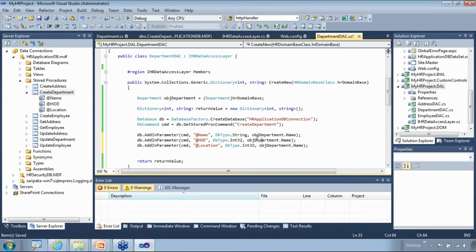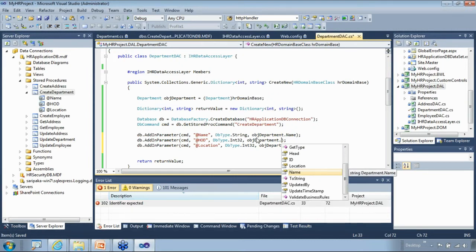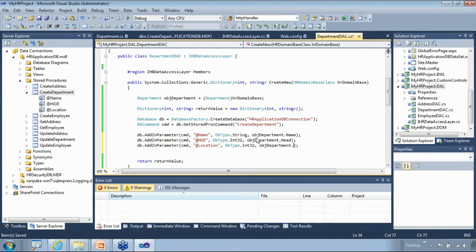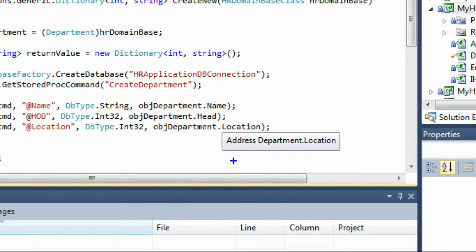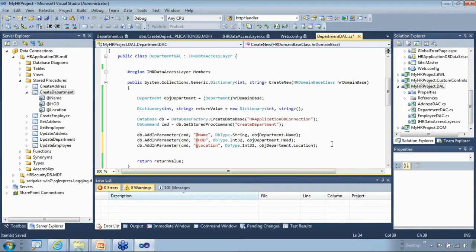So there are a couple of things that you need to definitely consider with respect to data type, otherwise once the database call is made, it's going to fail. And in my case, it's a head for HOD, and this is a location. Again, location is one specific thing here. As part of a domain object model, my location is actually of type address. Okay, but in my database, my location is actually a reference type, which is just referring to the ID in the address database, right? So in this case, what I have to pass here is not location, but the location